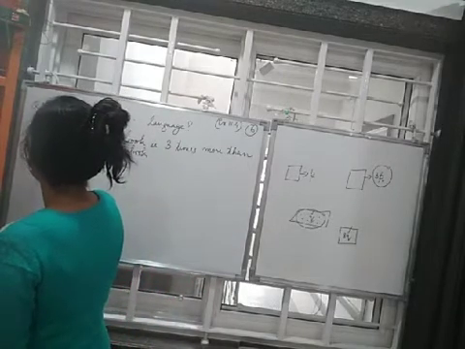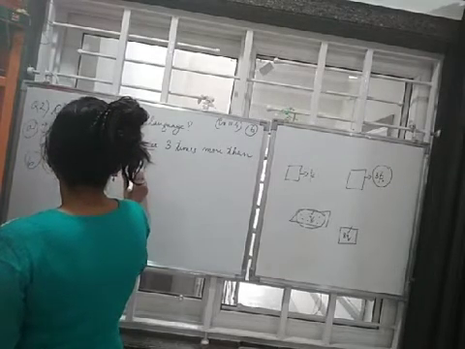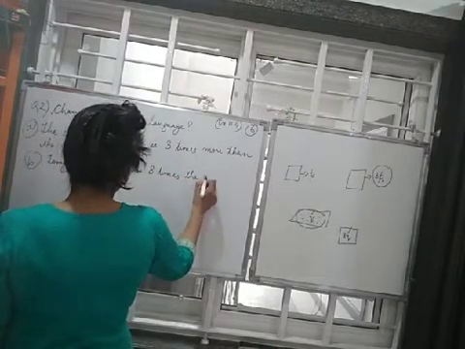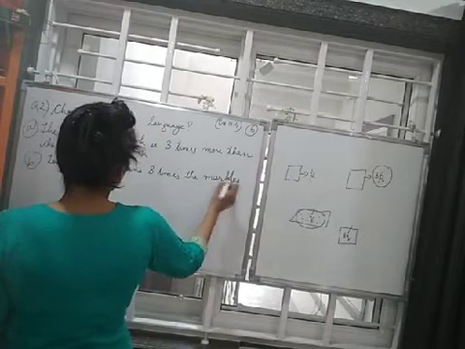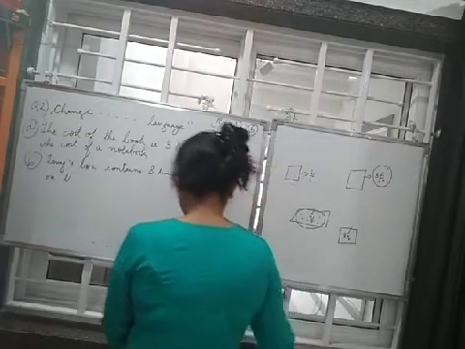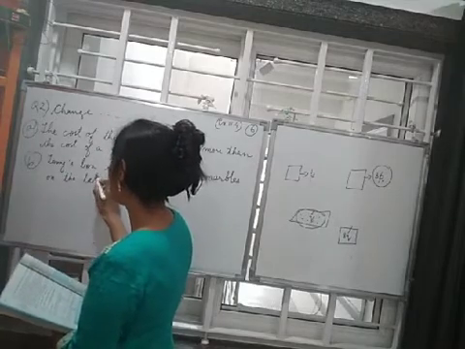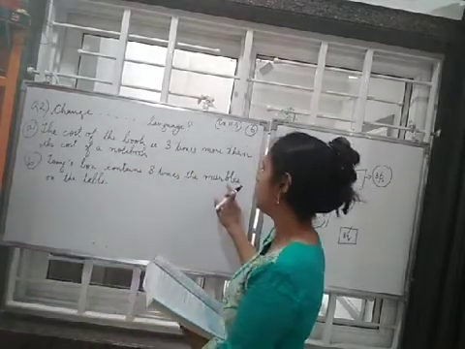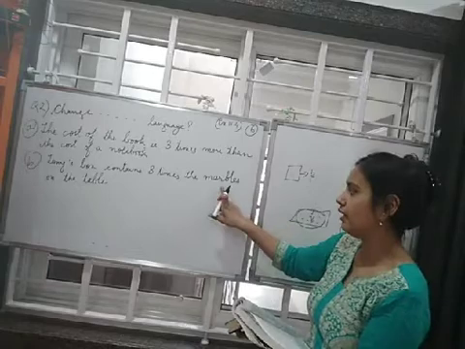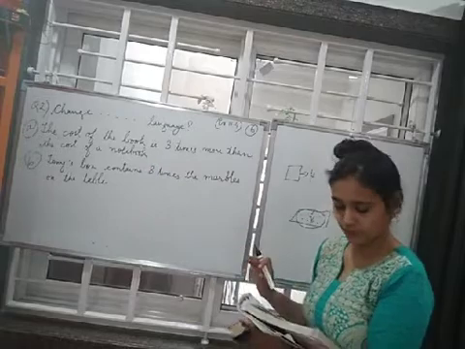We can also write one more way. Tony's box contains 8 times the marbles which are on the table. Or we can directly write 8 times the marbles on the table also, no problem, children. That means whatever marbles are on the table, multiply them by 8. Those many are in Tony's box.